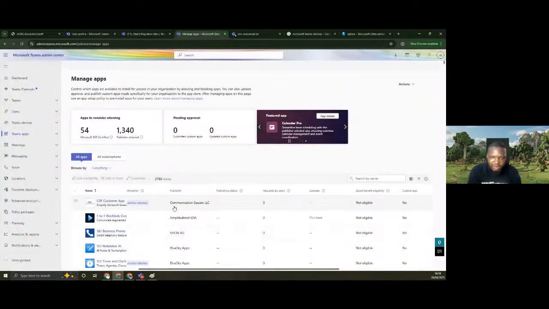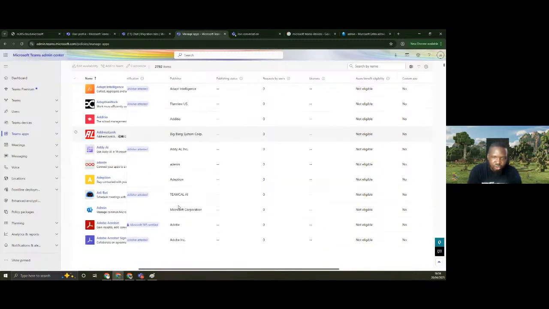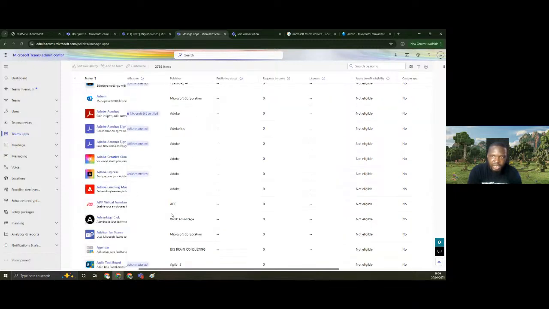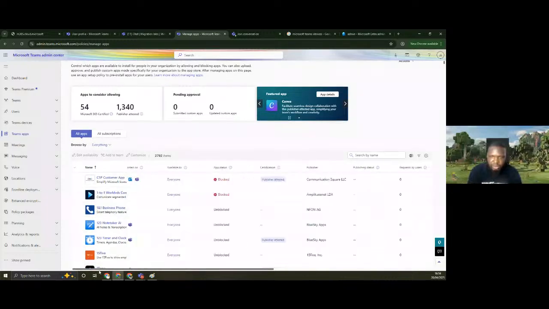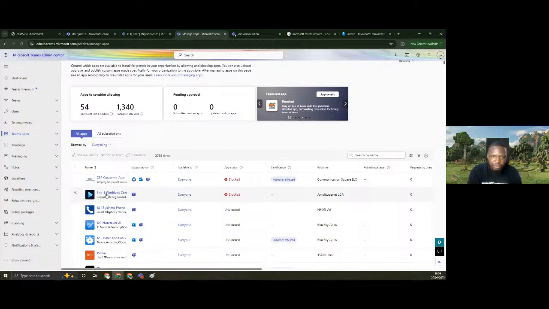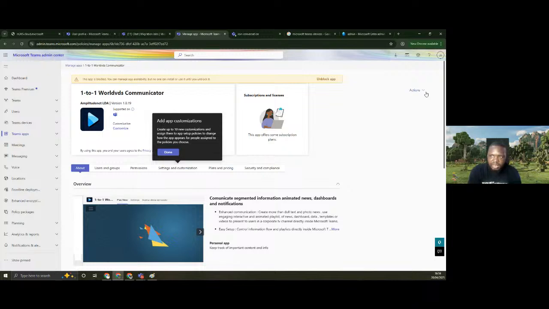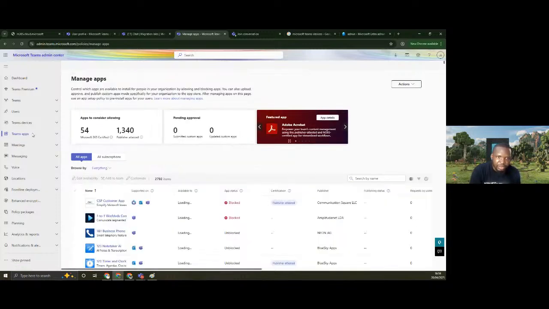So if you suspect an application is infringing on anything within your organization, you can choose to block that application from existence. So this is where you can really talk about those, right? You can see the status of the application from here. And at any point you feel that you want to enable the app for usage, of course, you can come back to action, and then you can click on unblock. And then once that is saved, that application is going to be allowed. So that is how you block application and how you can allow application.